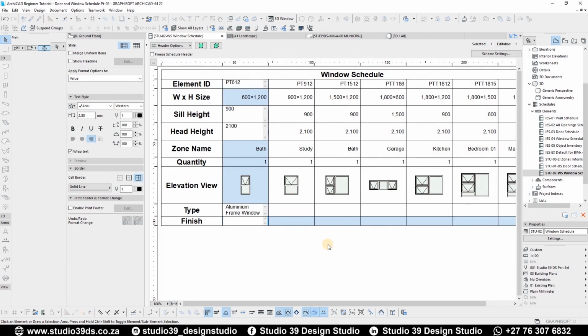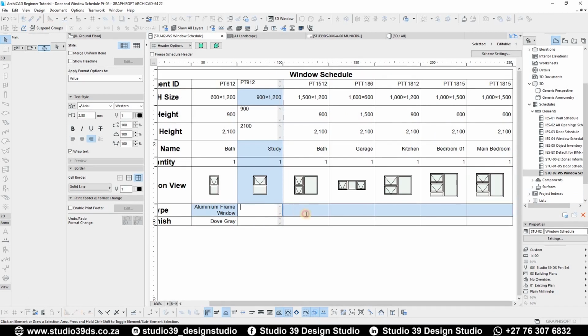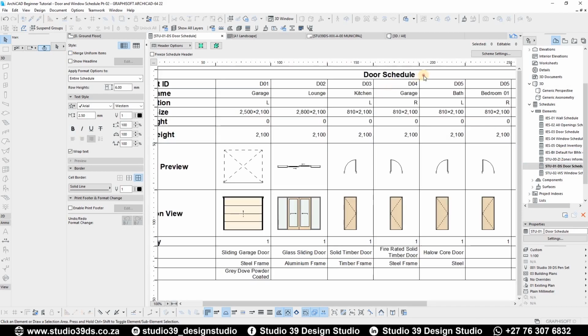And then you have your finish. Maybe you want your dark gray, powder coated, whatever, or paint, whatever you want to do with your aluminium windows. And then you can just duplicate this information across, or have specific types of windows that you might want to include as part of your project. And that's basically what you'd want to do. And then your window, usually I just make this all capital letters. I go back to my door schedule, do the same thing there,